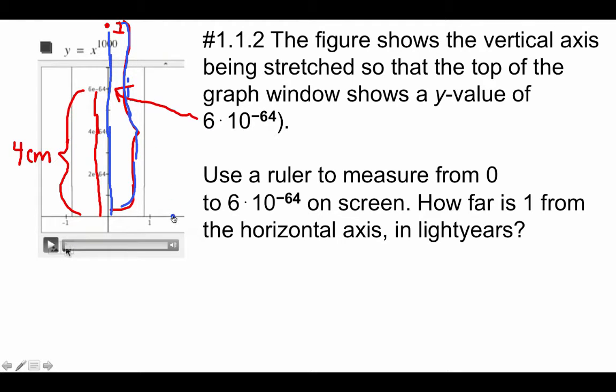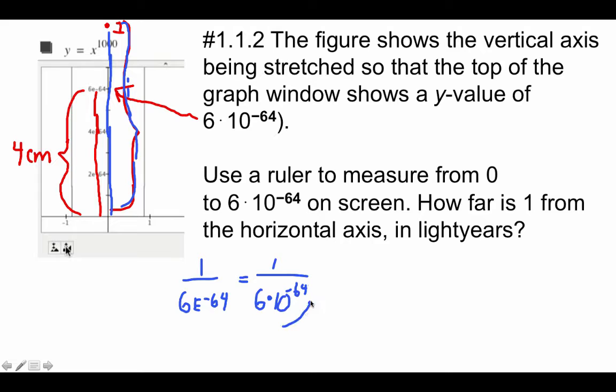Well, the answer to that is the distance from 0 to 1, which is 1, divided by the distance from 0 to 6e to the negative 64, which is 6e to the negative 64. Don't forget that this is the same as 6 times 10 to the negative 64. So right here is the number of times